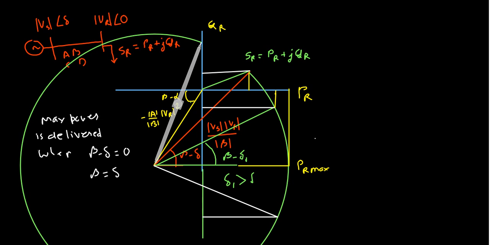So I have this point as P. So this P will move along the circle, and that will dictate how much PR I can